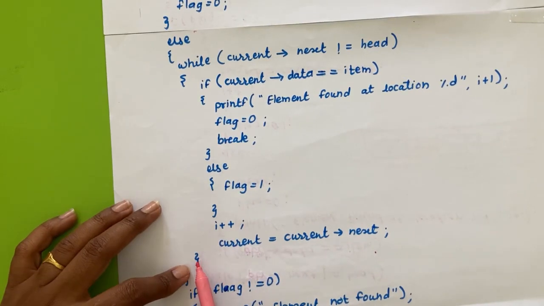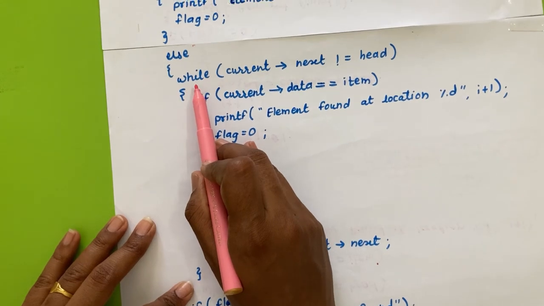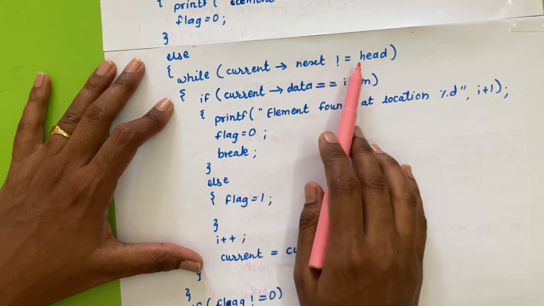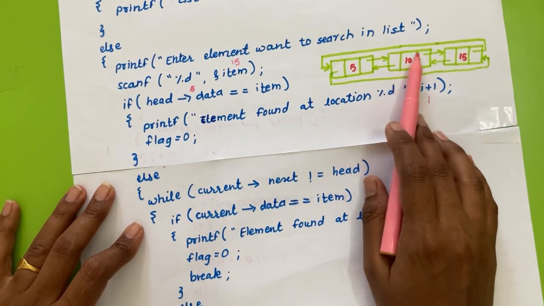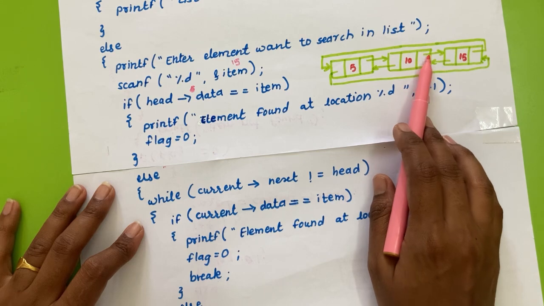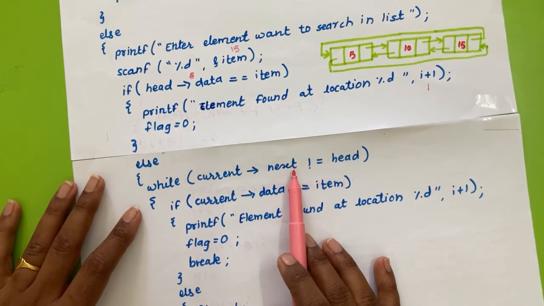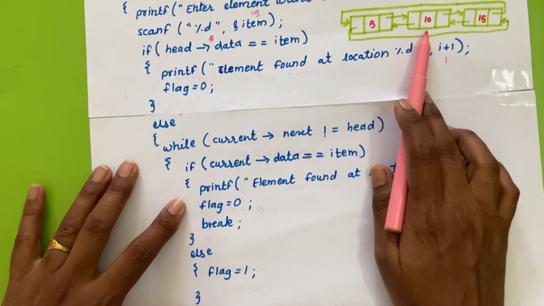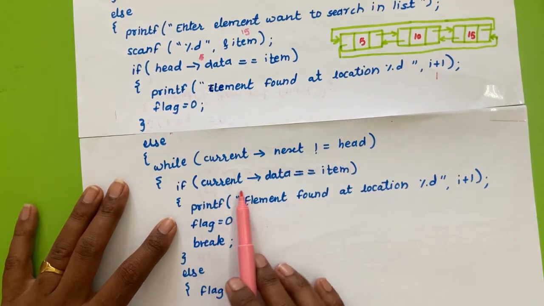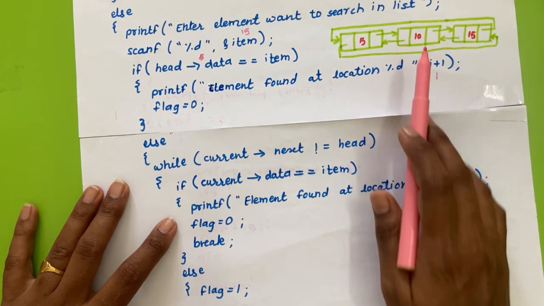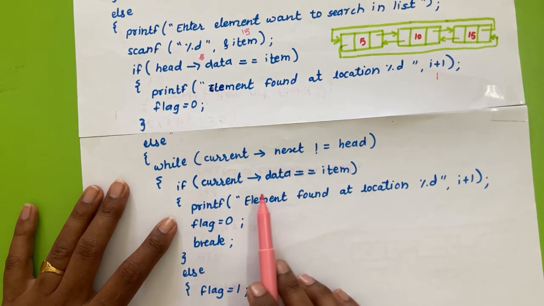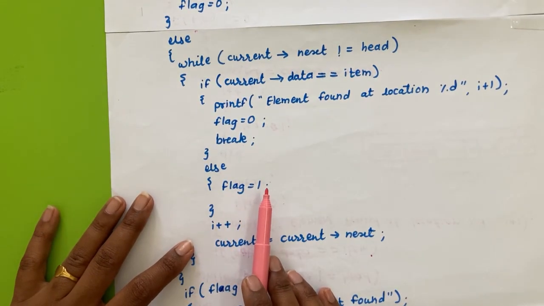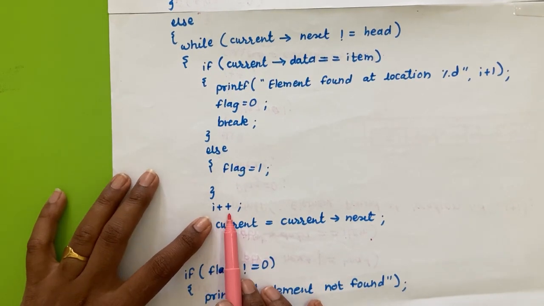Okay, so here again it will go for the next iteration of while. So now it will check current next not equal to head, अभी इसका हेड नल नहीं है तो कंडीशन सेटिस्फाई हो रही है, सो इट विल मूव इनसाइड द लूप. इफ करंट डेटा, अभी हमारा करंट कौन सा नोड है, ये 10 वाला नोड है. ओके, करंट डेटा, सो इसका डेटा है अभी 10, आइटम की वैल्यू है अभी 15, सो इट डज नॉट सेटिस्फाई दिस कंडीशन. Again it will make flag is equal to 0. Okay, so again it will increment the counter by 1.